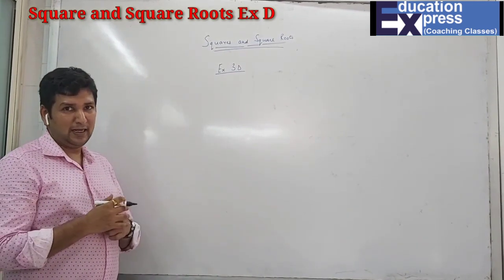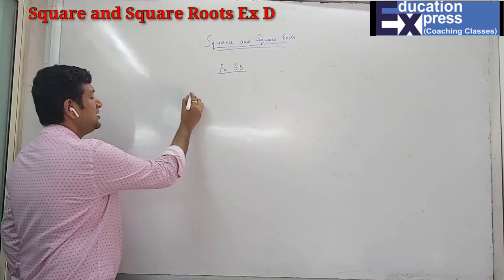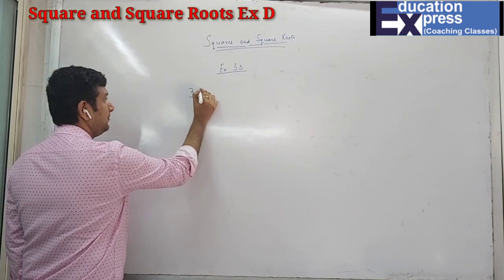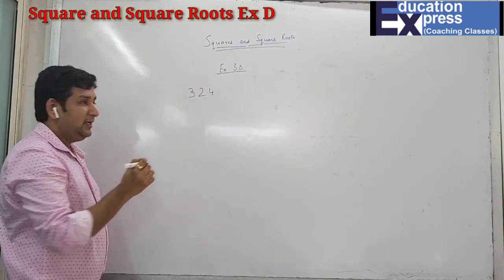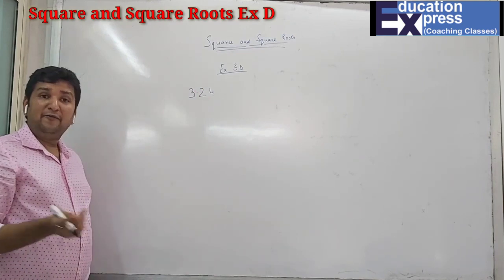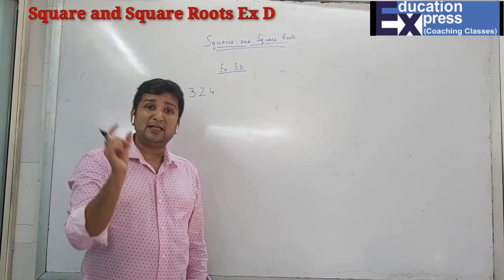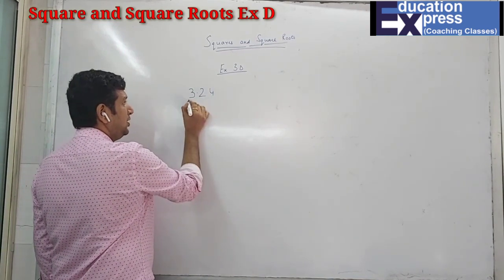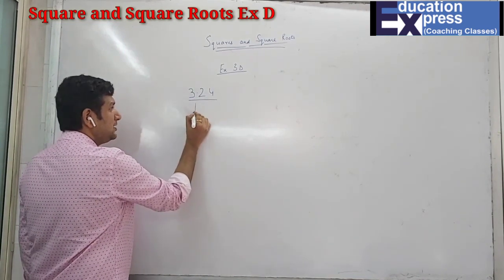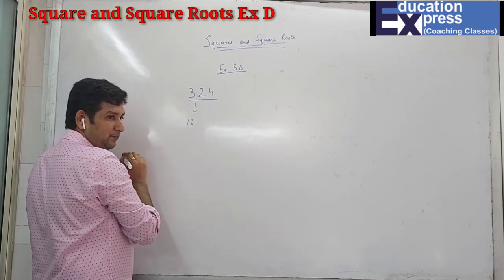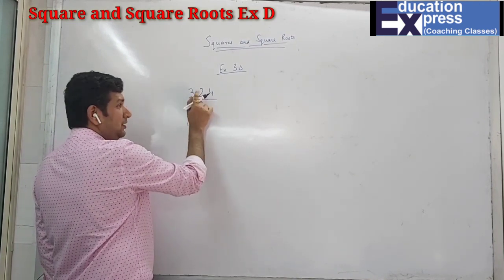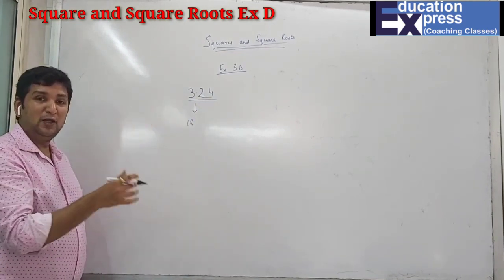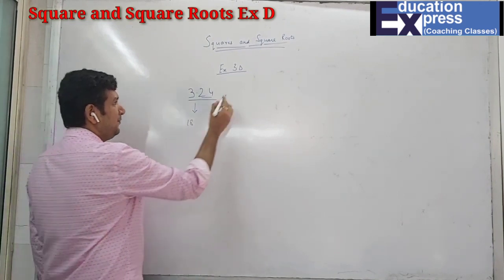Whenever a decimal is there, you just have to look at the decimals and square roots. Compulsory, if there is a decimal, after the decimal the numbers have to be in pairs. Meaning, in the case of the same number, you know that 324 is a square of 18. And after the decimal, there are how many places, students? 2 places. So definitely for such a number you can find a square. For example, square root.